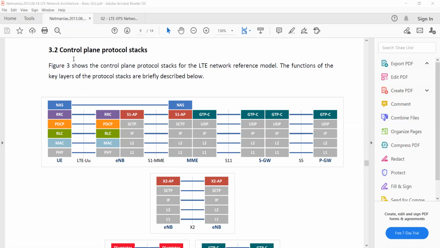Make a heading: it is a control plane protocol stack. There is also a user plane protocol stack. We will study both, control plane first and then user plane. Control plane means transmitting control information like signaling messages, broadcast messages, those kinds of things. We'll study those in detail. Just make a heading now, control plane stack, and then draw a stack between UE and eNode B, this whole thing.